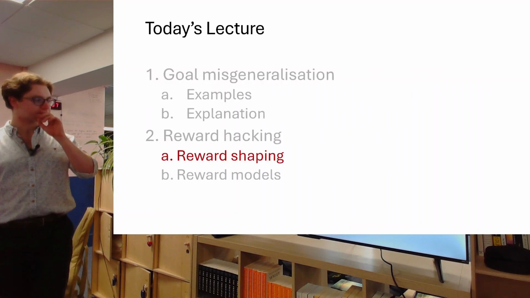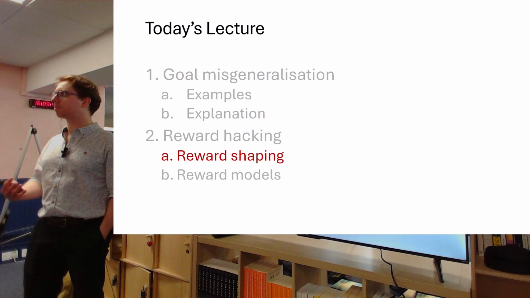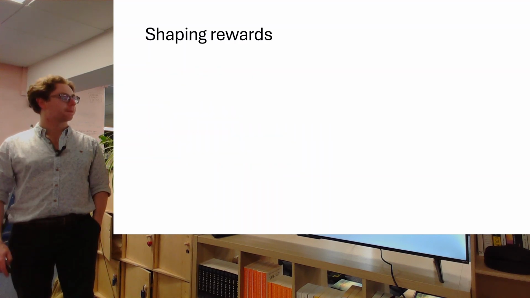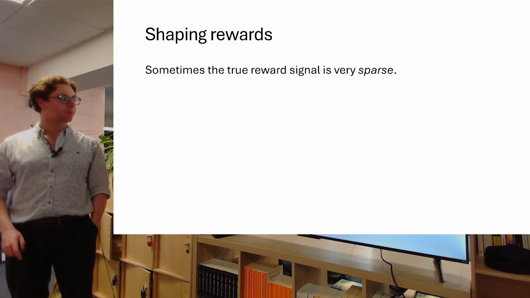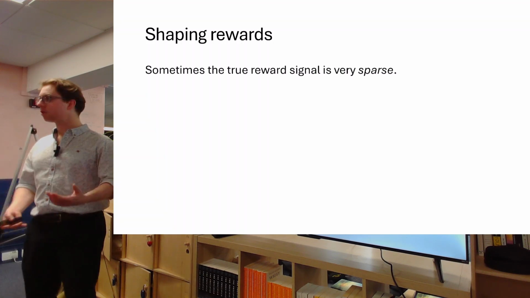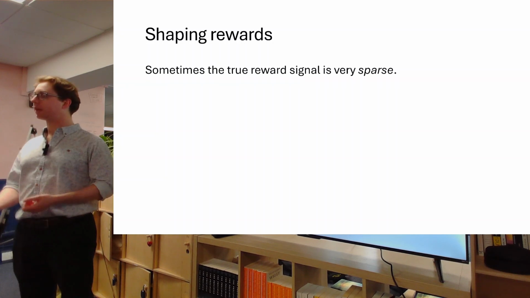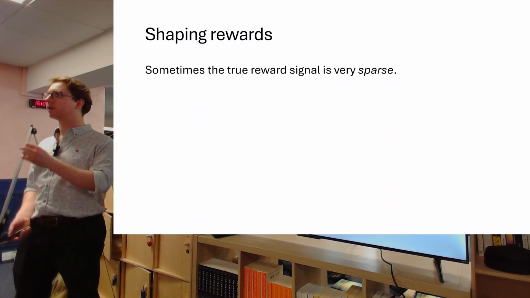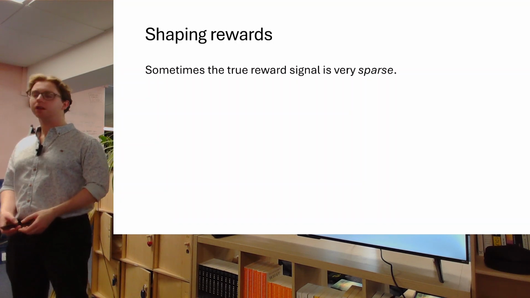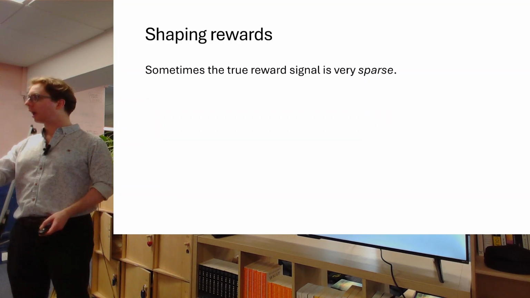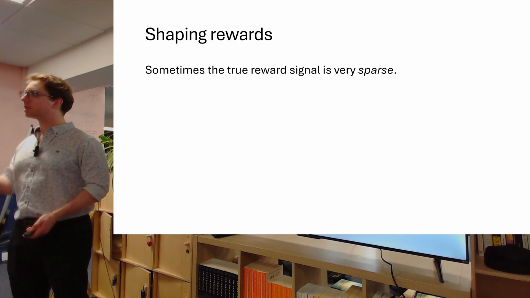All right. So let's see two situations in which I may want to use a proxy reward. The first of these situations is shaping rewards. Often when we're training a reinforcement learning agent, the true reward that we care about is very sparse. An example of this might be chess. When I'm training my RL agent on chess, the actual reward that I care about is whether it wins games. So I'm going to get a +1 if it wins the game, -1 if it loses, 0 if it draws,